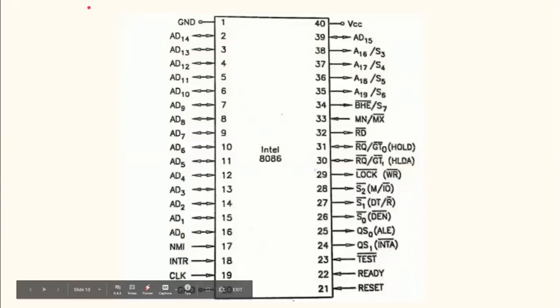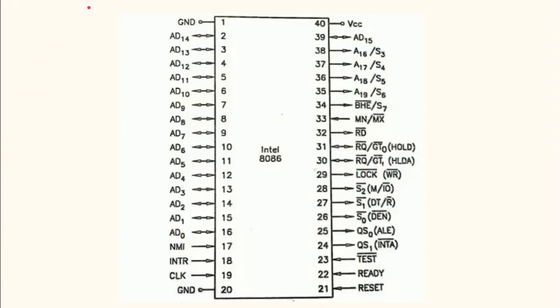So this is the pin diagram. Have a look at this. There are 40 pins starting from the left hand side top 1 up to 40 on the right hand side top. Now what is to be seen with most care in this IC pin diagram is the directions of each signal. The directions are to be seen very carefully.